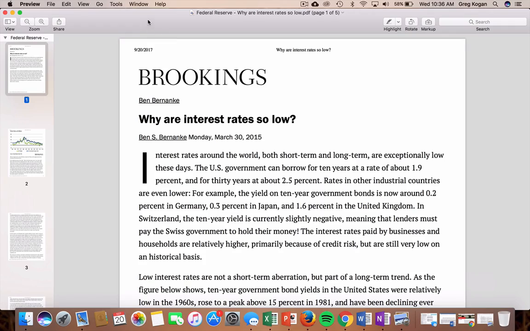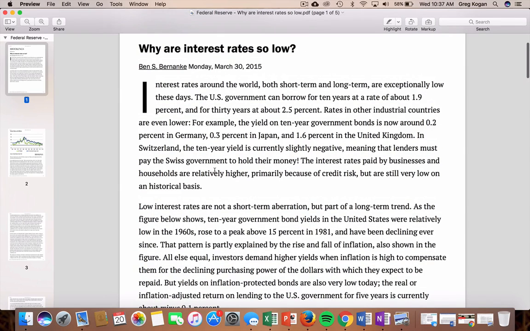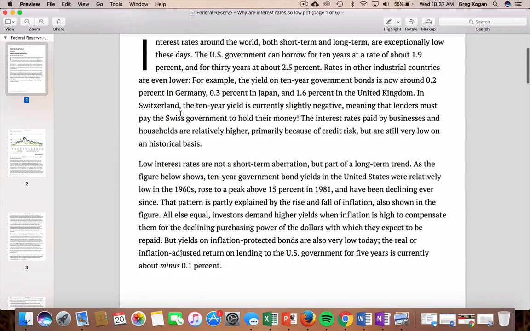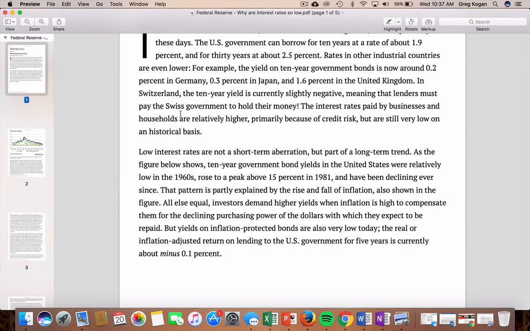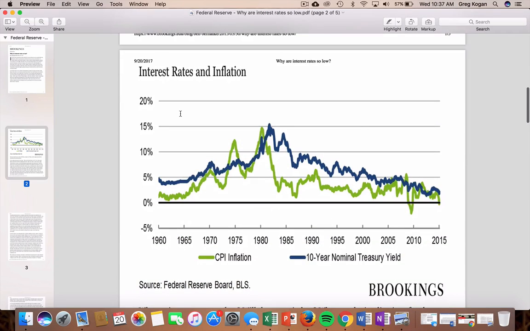And let me just go back to this paper here by Ben Bernanke. And this really talks about why interest rates are so low. And the idea is, as I actually thought myself, it's not so much that the Fed is controlling it, it's more of a global phenomenon. And what does that mean? The rates are low in Germany, in Japan, and the United Kingdom. And what he goes on to say is that it's not because the central banks are holding the rates low, it's more so that